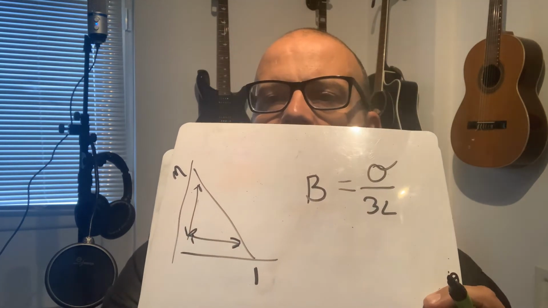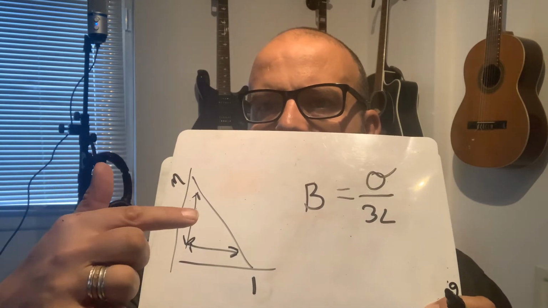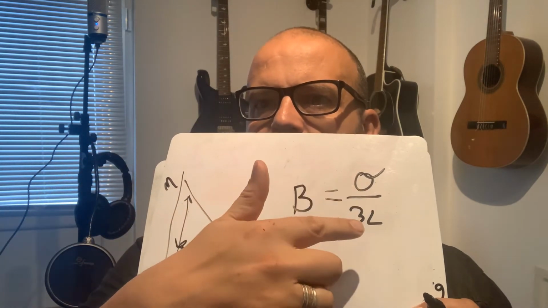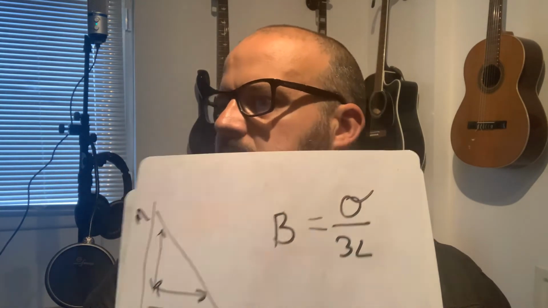So I went a bit off track there, but hopefully that makes sense. The gradient of the graph gives you that, divide it by 3L, and you get B. And the answer for that one was